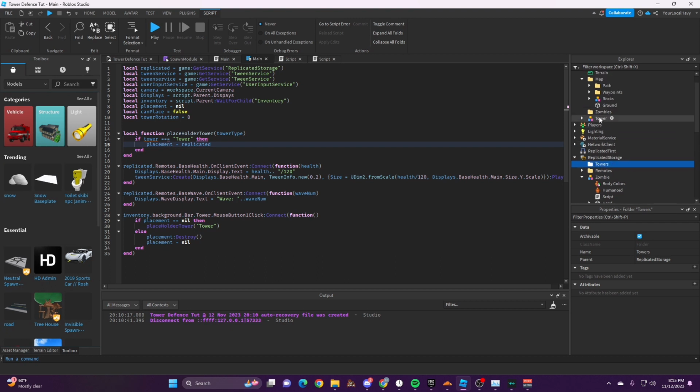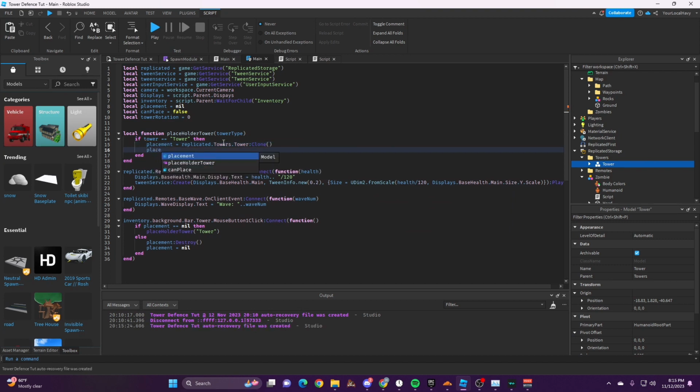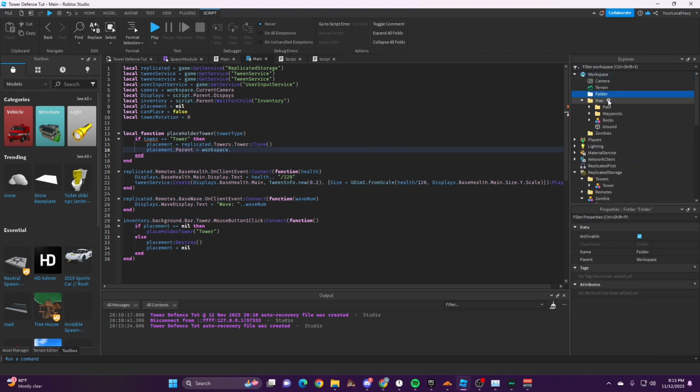Towers, and then we are going to move our tower into our towers. And then placement equals replicated dot towers dot tower clone. So we clone it, and then placement dot parent equals workspace dot towers. Right, we have to create a towers folder. So